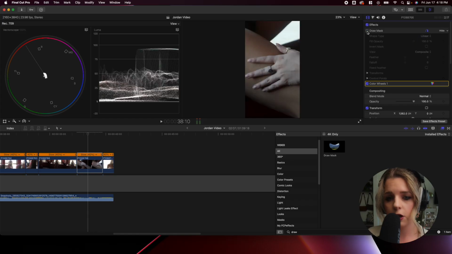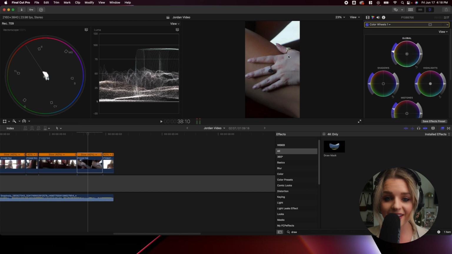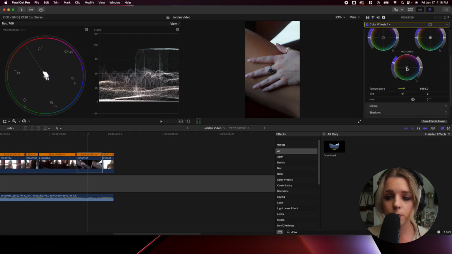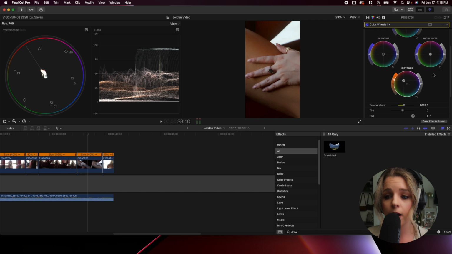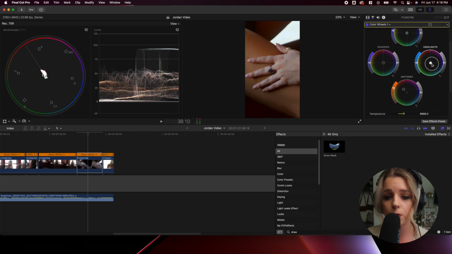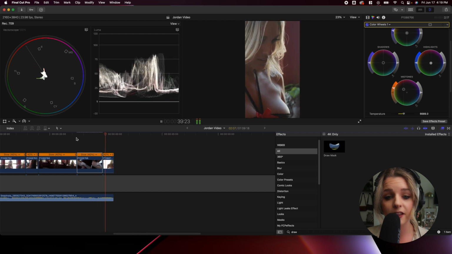I'm going to uncheck the draw mask. This is what I have so far. It definitely looks desaturated. I'm going to go ahead and boost the saturation up a little bit. And as you can see, it's still kind of desaturated. So what I'm going to do to match the warmth of the other clips is I'm going to boost these midtones into the orange. And look how nice the skin looks. It's totally popping now. That looks amazing. And to balance it out, I am going to go to the highlights and I'm just going to put it into the blue. And honestly, this looks fantastic. I'm just gonna leave it as is.